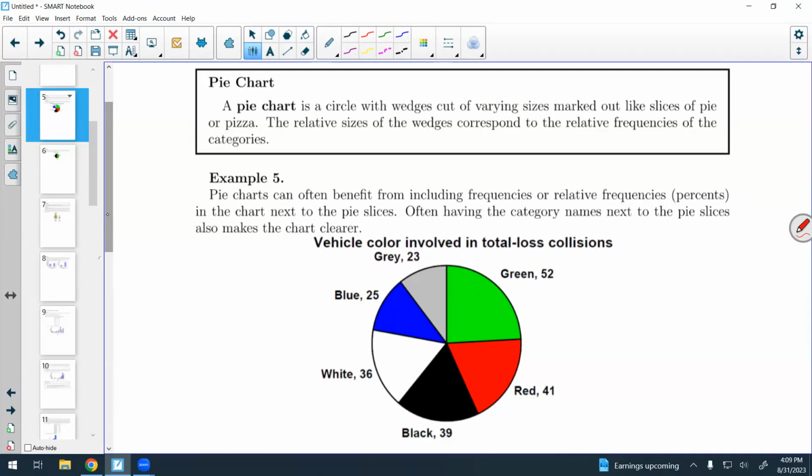A pie chart is a circle with wedges cut out of varying sizes, marked out like slices of pie or pizza. They always mention pizza. The relative sizes of the wedges correspond to the relative frequencies of the categories. So here we are looking at our total loss collisions again. Note they've color coded it as well, green, red. They've also listed the colors out here